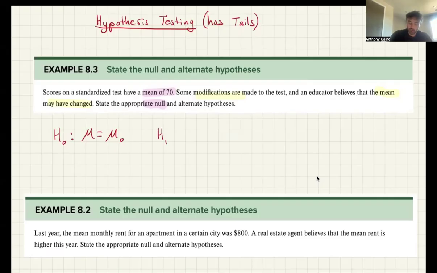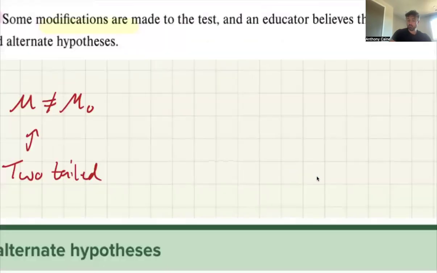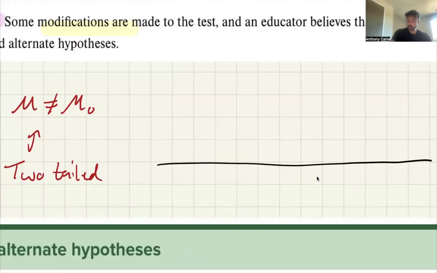Our alternative hypothesis, we're going to subscript with a 1. And in this case, we're just curious if things have changed. So we don't know if the new mean is higher or lower. We just think the new mean might be different from the old mean. So that's all that's going on. This type of guess or hypothesis is called a two-tailed hypothesis because the idea is, let me draw a little